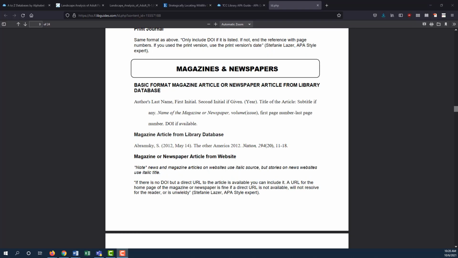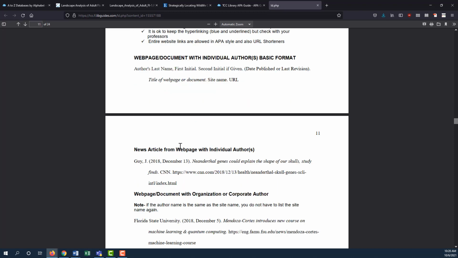This video used journal articles from 2 library databases as examples. However, different source types may have slightly different formats. Here in the APA guide, we can see that newspapers and some magazine articles require a month and day in addition to the year, in parentheses, because these are published more frequently than journal articles. Web pages also require this date format.